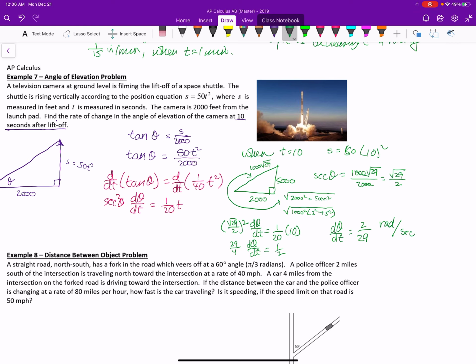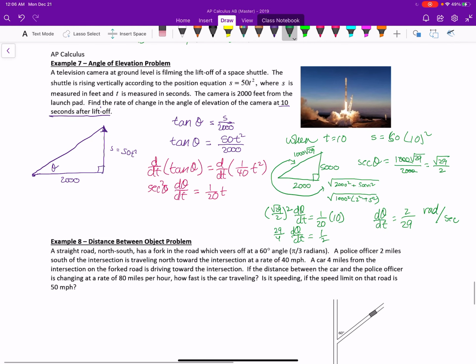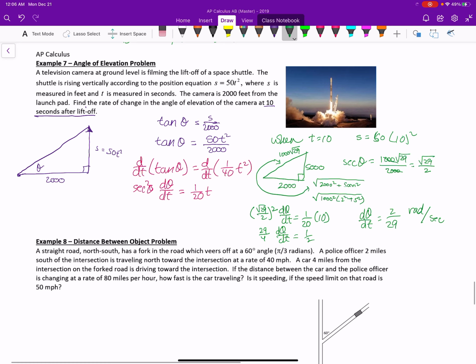So when we're doing angles in calculus, you are using radians because it relates to a linear measure. It relates to a length instead. All right, so therefore the angle of elevation is increasing at a rate of 2 over 29 radians per second when t is equal to 10 seconds. The other option is to just use s in the problem and then solve it that way, and then you resolve how s and t relate to one another. That also works. So let's write therefore